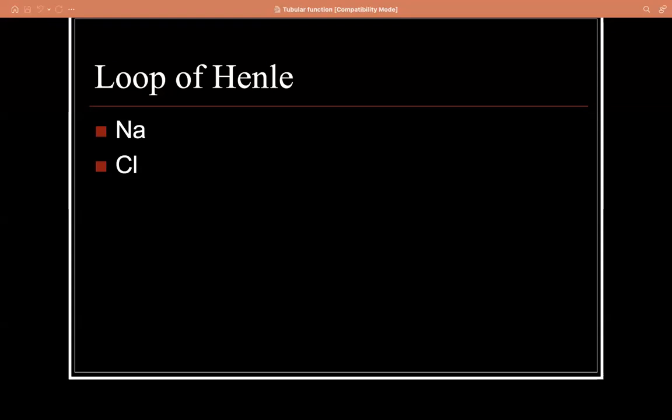Is that so? Yes, water does not leave. But sodium chloride is permeable. So the ascending loop of Henle is permeable to sodium and chloride. So as the fluid ascends the ascending loop of Henle, sodium chloride leaves the lumen, and water remains within the lumen,